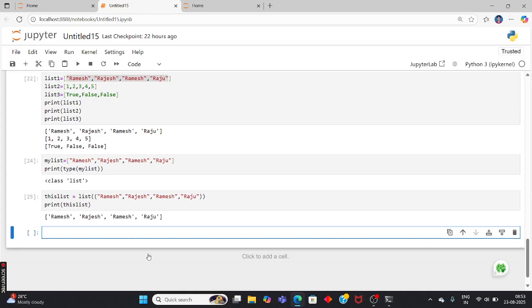So now we have done all these things, and now we will be discussing Python access list item. मतलब जो भी लिस्ट है उस लिस्ट में से हम किसी आइटम को एक्सेस कैसे करेंगे, उसके लिए आपका सिंटेक्स है. चलिए देखते हैं. फर्स्ट ऑफ ऑल आपको दिस लिस्ट करके आपको ये